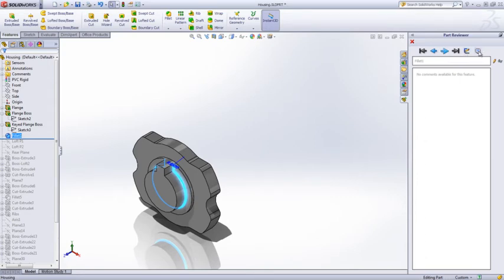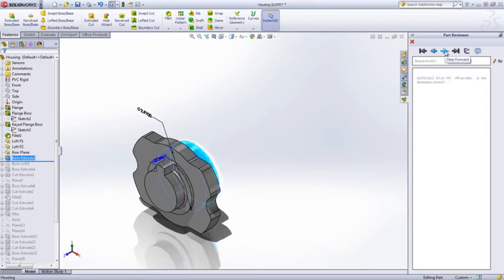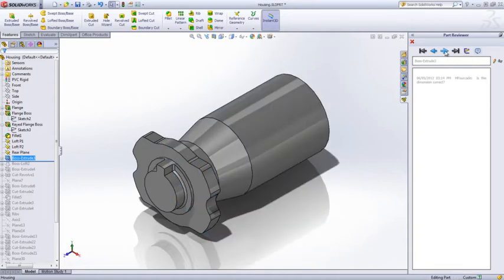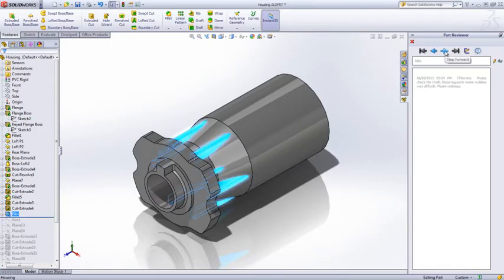However, if you're only trying to review the latest changes, for example, you should use the Show Feature with Comments Only option to go straight to the next annotated feature. While you navigate through all of the comments of this part, you can review and assess your coworkers' concerns, such as verifying a dimension. You can also leverage this tool to improve and simplify a design or even validate the